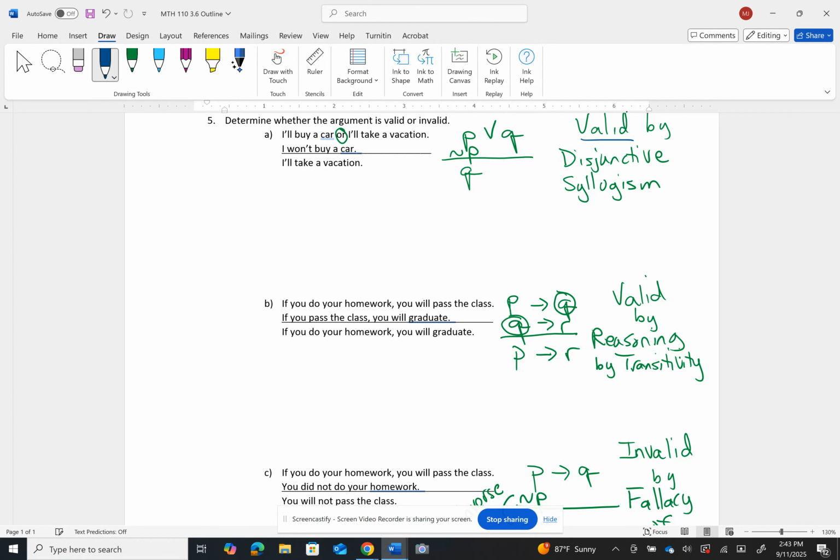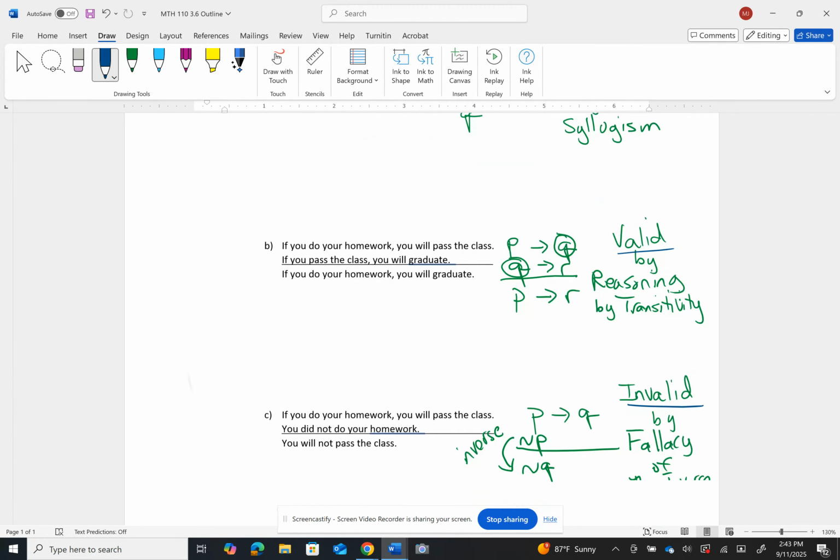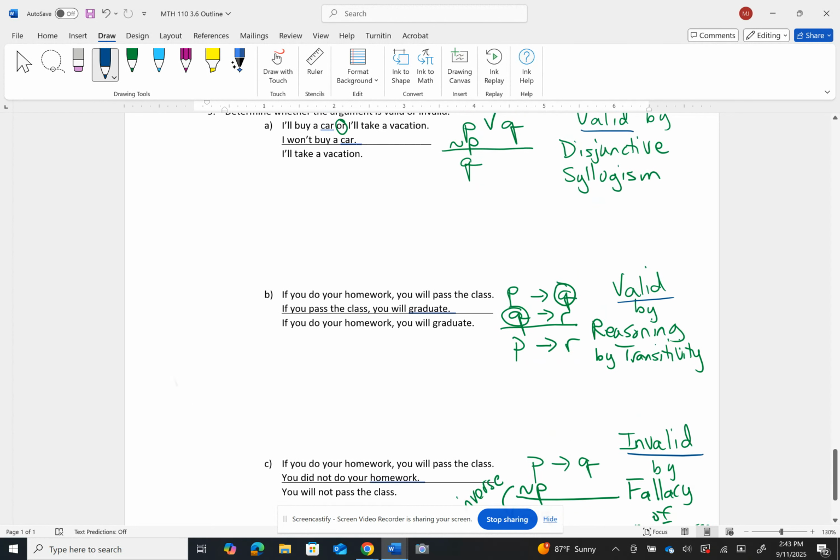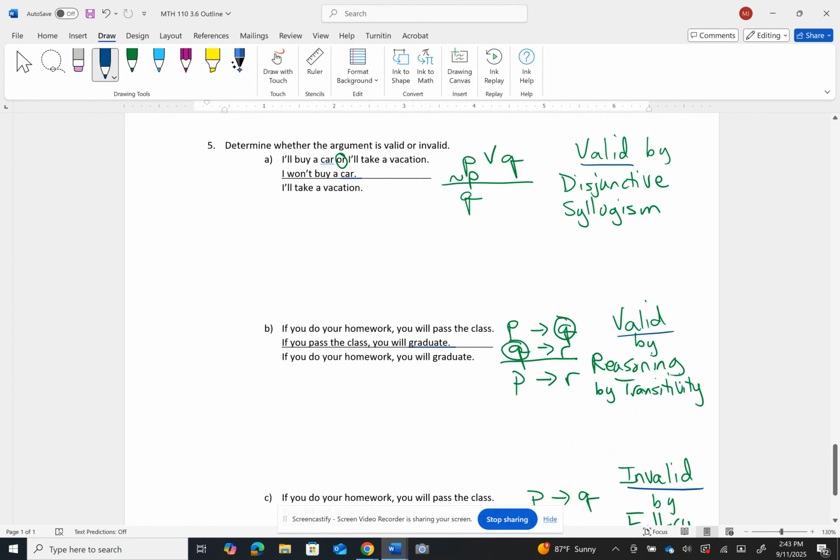The second one was valid because it fit the structure of reasoning by transitivity, but the third one was not valid because it turned out to be the structure of one of the fallacies, fallacy of the inverse. Okay. All right, what I thought I would do is just show you, if I wanted to get more practice with the truth table approach, what I could have done